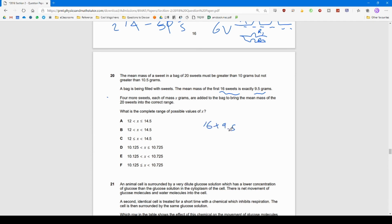16 times 9.5, we'll take the 0.5 out, so it's 17 over 2. 16 and 2 cancel out, 8 times 17. What's 8 times 17? 8 times 7, 56, and then 80, so 136. In total, there are 136 grams already, plus 4x grams for the sweets, divided by 20 sweets, must be between 10 and